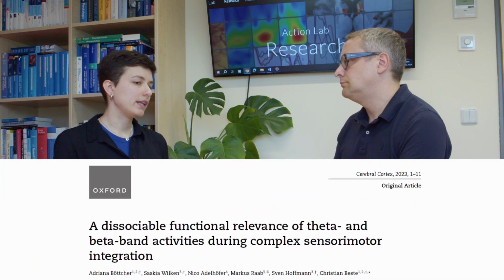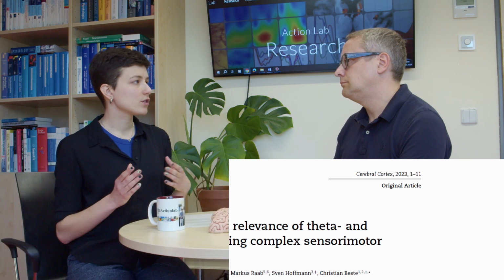And in my first study, we focused on the time course of sensory motor integration processes. And what we saw was that in the onset of pursuit tracking, we see sort of a sensory motor calibration process taking place in the brain in the form of a burst of activity in the theta, alpha, and beta band. We mainly observed this burst of activity in superior parietal areas, which can be found approximately here on the brain. And these areas have been associated with the selection of motor responses, but also with the representation of the